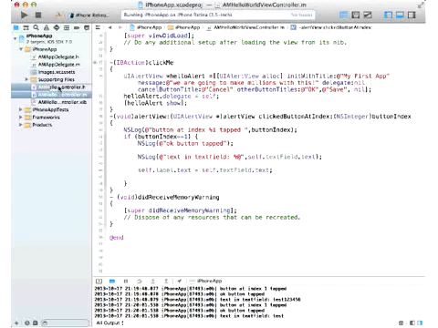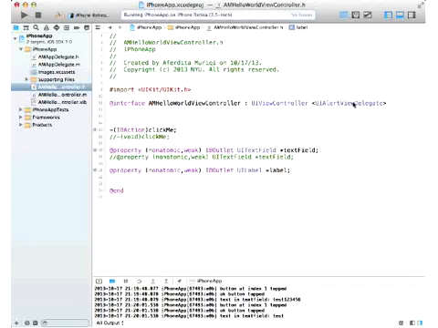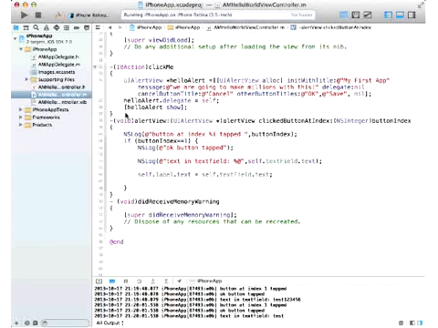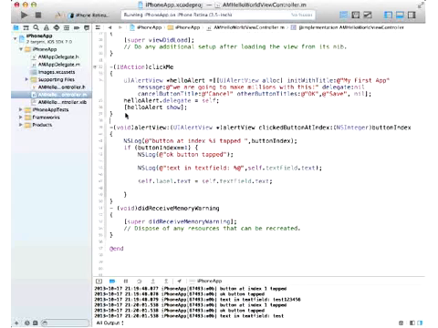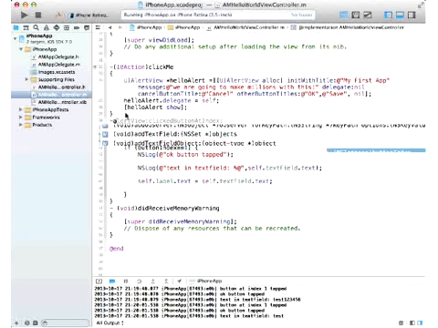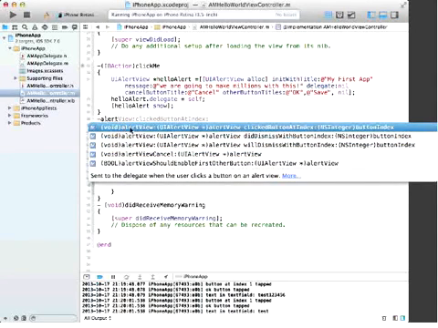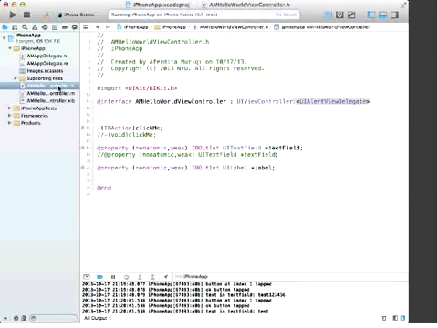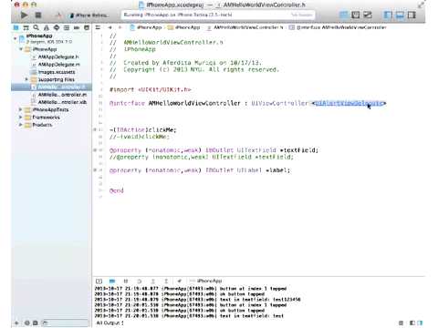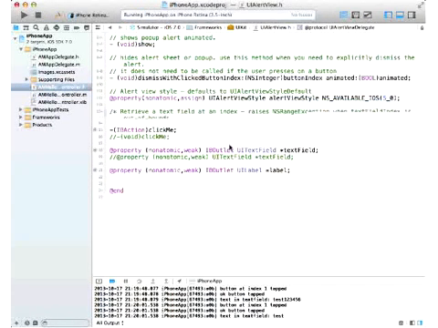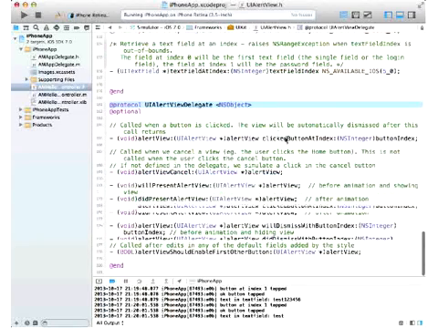Okay, for the click button at index method, you have to implement the UIAlertViewDelegate protocol. This protocol is like extending in Java. If you implement a protocol, whenever you start typing a dash and then start typing alert, you will get a list of methods which are available from that protocol. Or you can command click on the UIAlertViewDelegate, and there as well you get a list